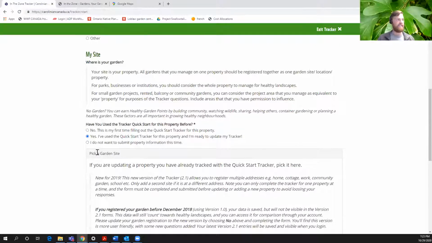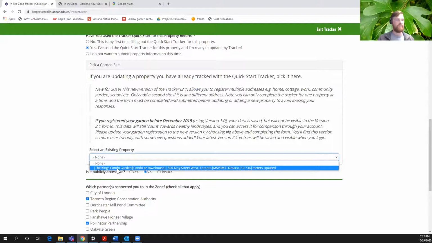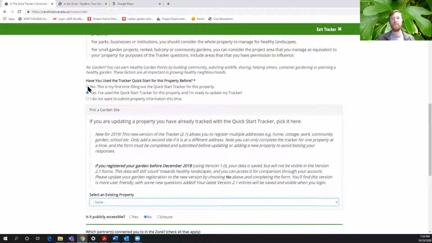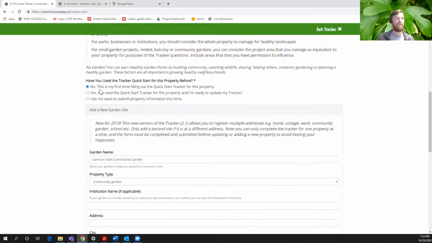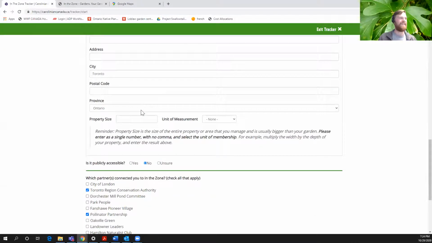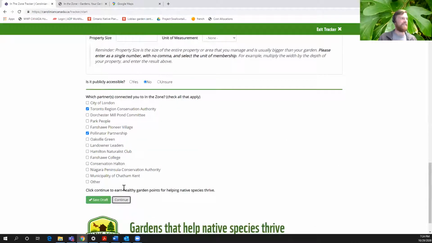And if that's the case, then down here, you're going to be choosing your property. So this is the one that I'd already entered. And if you want to do a new one, then you click no, this is my first time filling out the quick start tracker for this property. And then you start your second property and you go through it that way. Does that make sense? Hopefully. Okay. Hopefully that question was answered.